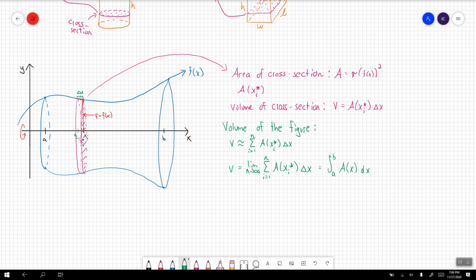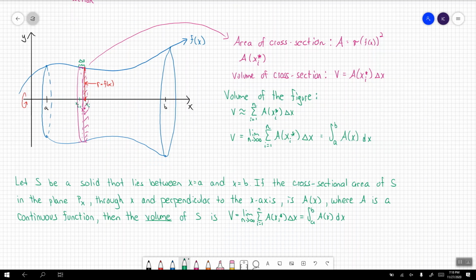Now, let's write this up just a little bit more thoroughly. That way we can work with this definition a little bit more. All right, so here's the definition that we're working with. This says that let S be a solid that lies between x equals a and x equals b. If the cross-sectional area of S in the plane P sub x through x and perpendicular to the x-axis is A of x, where A is a continuous function, then the volume of S is going to be